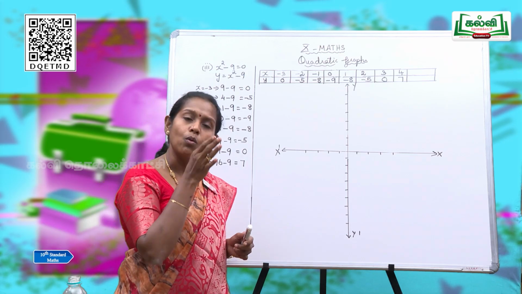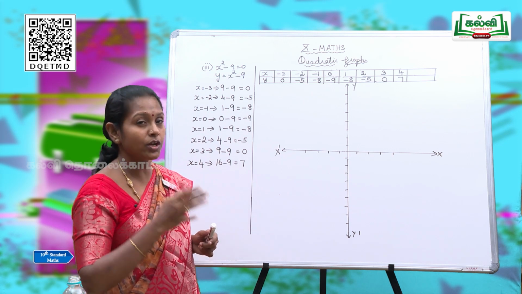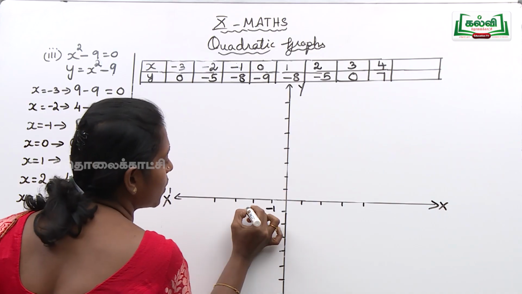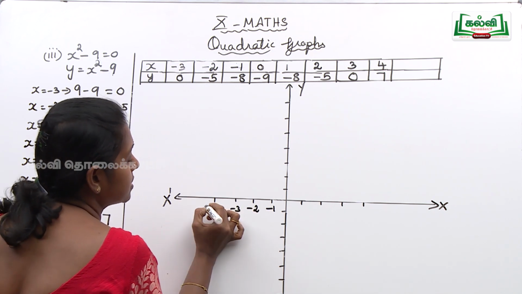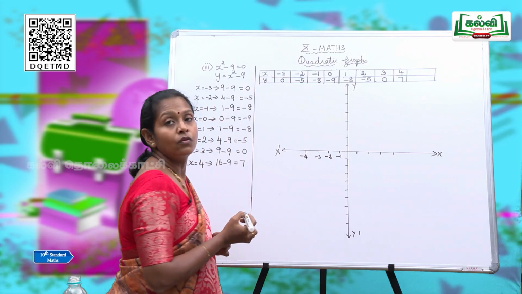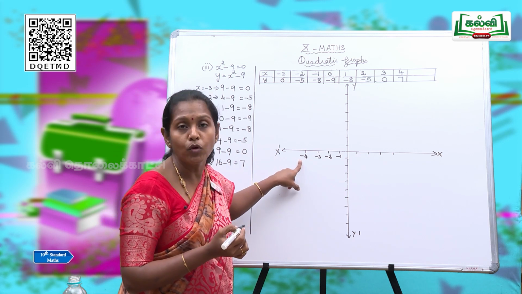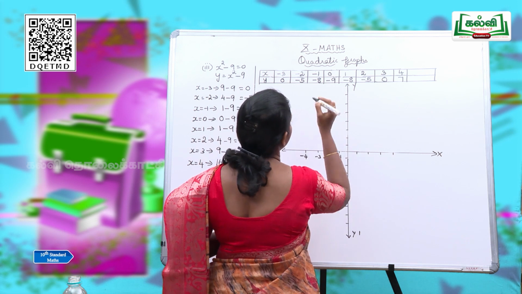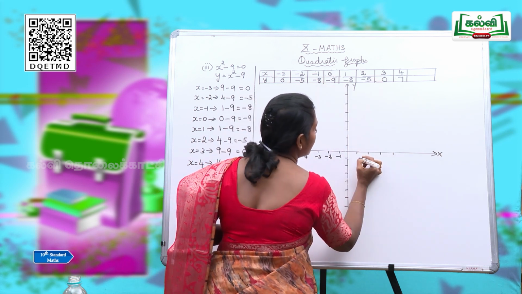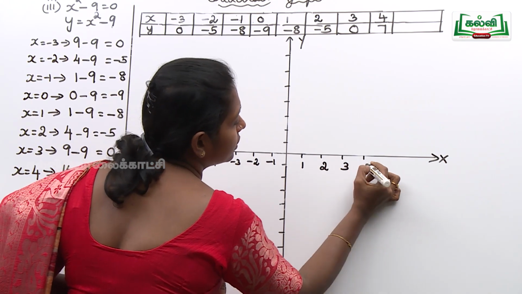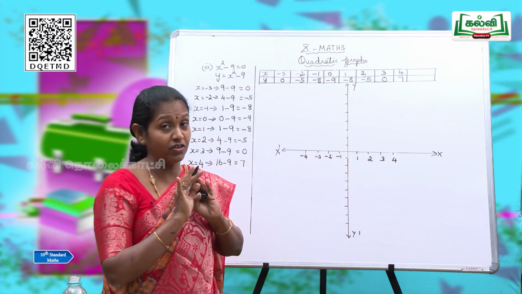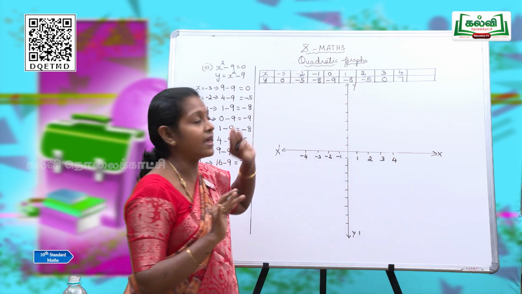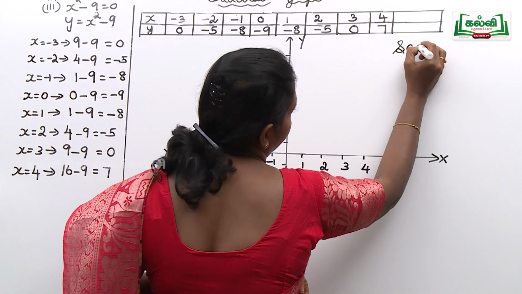So, it is nothing but 1 centimeter you can take as 1 unit. So, it is very easy to mark. First, you have to mark it. This is what? Minus 1, minus 2, minus 3, minus 4. For our convenience, I have marked one more extra point on your left-hand side along the x-axis. Next, this side, positive side, 1, 2, 3, 4. So, we are very clear about the x-axis. Immediately you have to write the scale, otherwise you will forget.